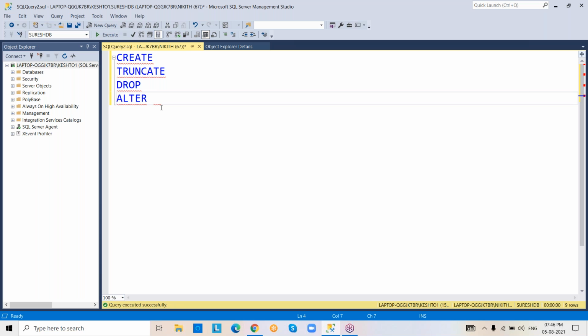The truncate command is used to delete data from the table. The drop command is used to delete a table from the database. Alter, we have seen different scenarios. Alter add new columns to the table, alter drop column from the table, alter change data type of the columns. So these are DDL commands.